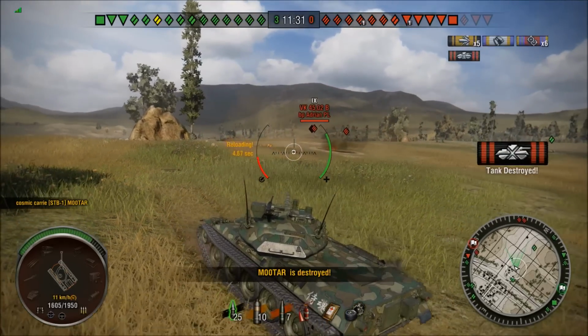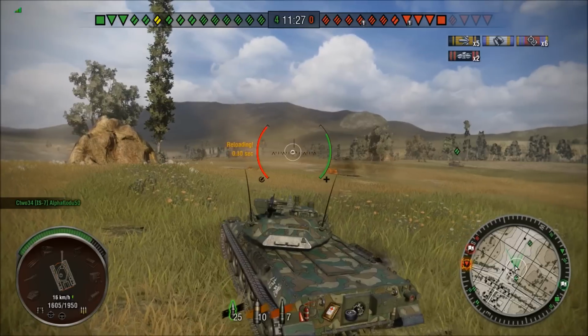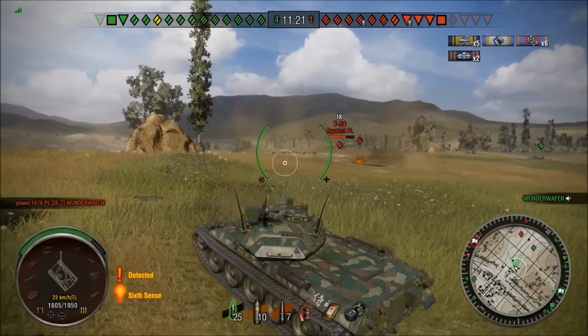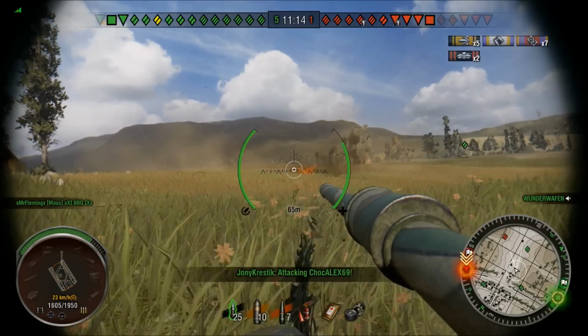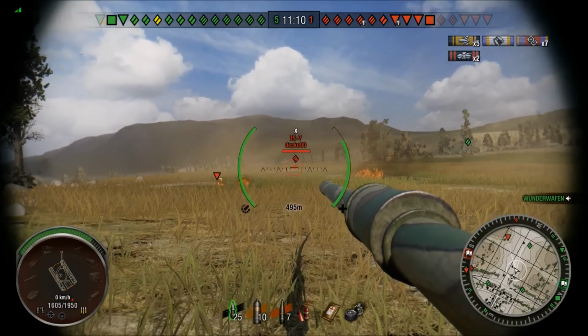Taking out that VK, picking up my second kill. Absolutely, and I see a T-54 off in the distance, and it's kind of interesting. When I saw that T-54, I instantly assumed they're fantastic players. When I see an OP tank, a fantastic tank like a T-54, until I can determine whether or not